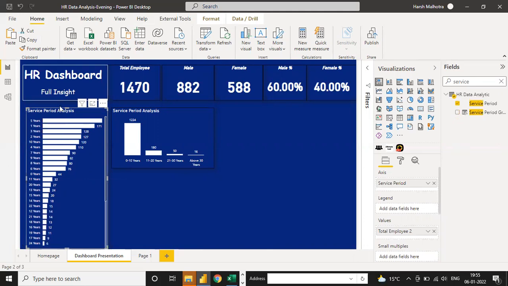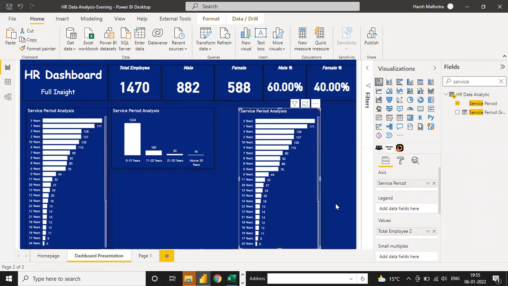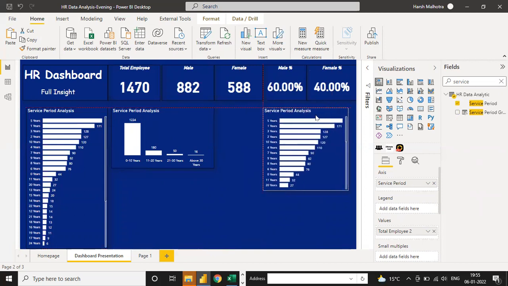So how does it work? Just click on this, copy, and paste it here. Select this small 10, okay, like this. And now you have to use the filter option.